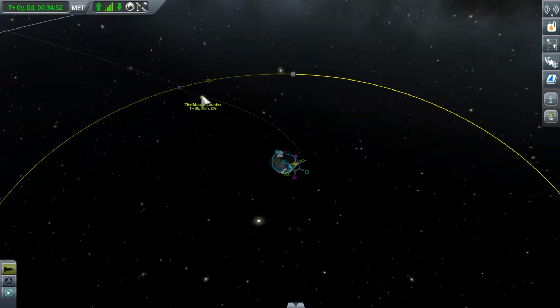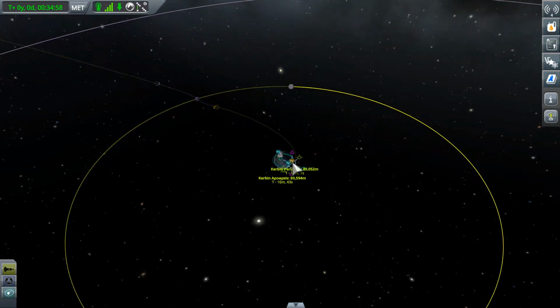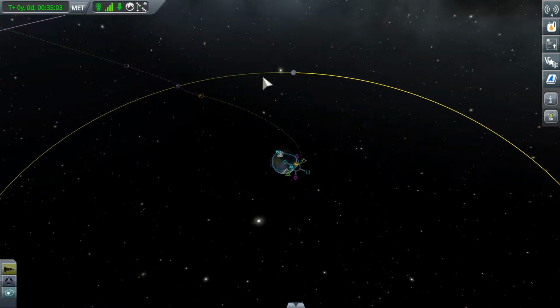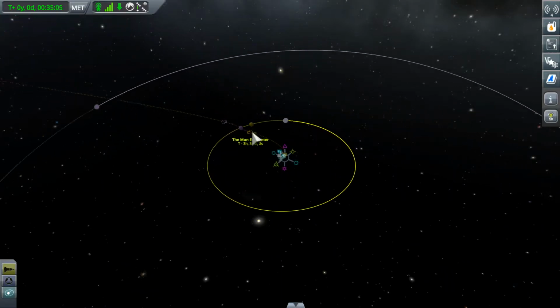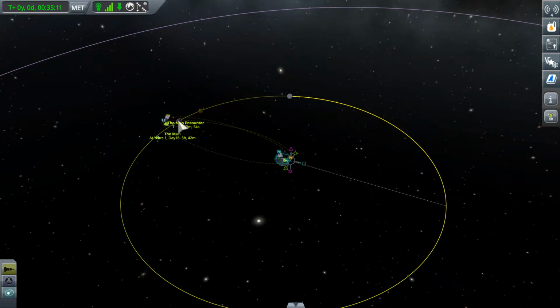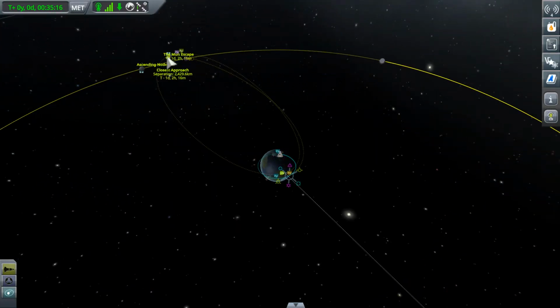If we adjust it this way... Oh wow, this would shoot us straight out into space. I guess we just don't have a periapsis if we shoot over there? How about like this? Our moon encounter... Where the heck is the moon periapsis here? That's further, that's...